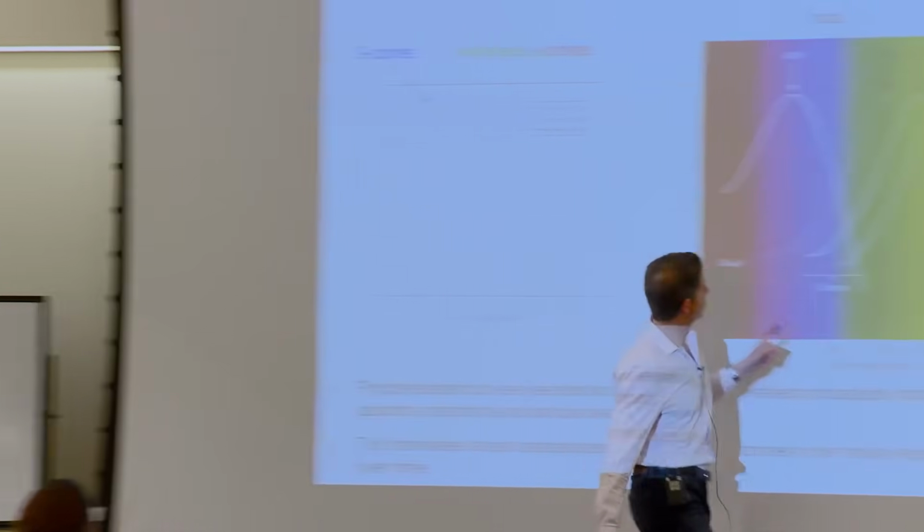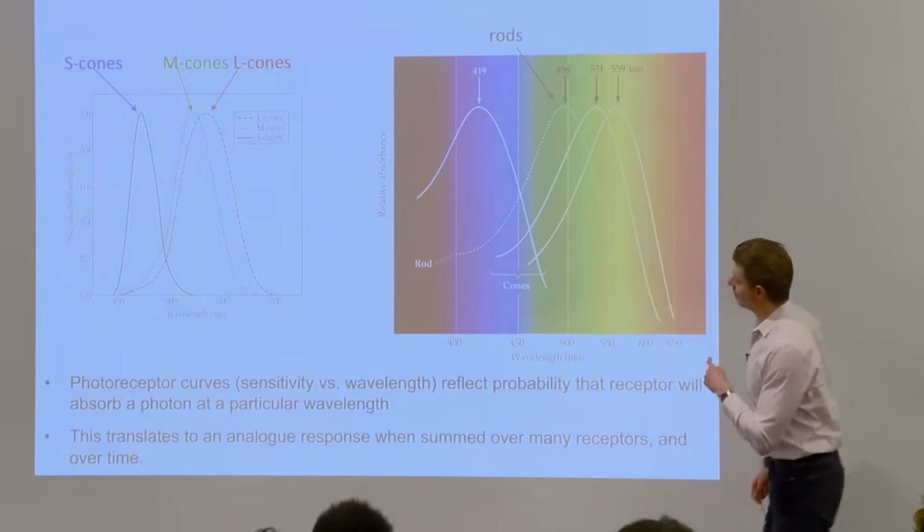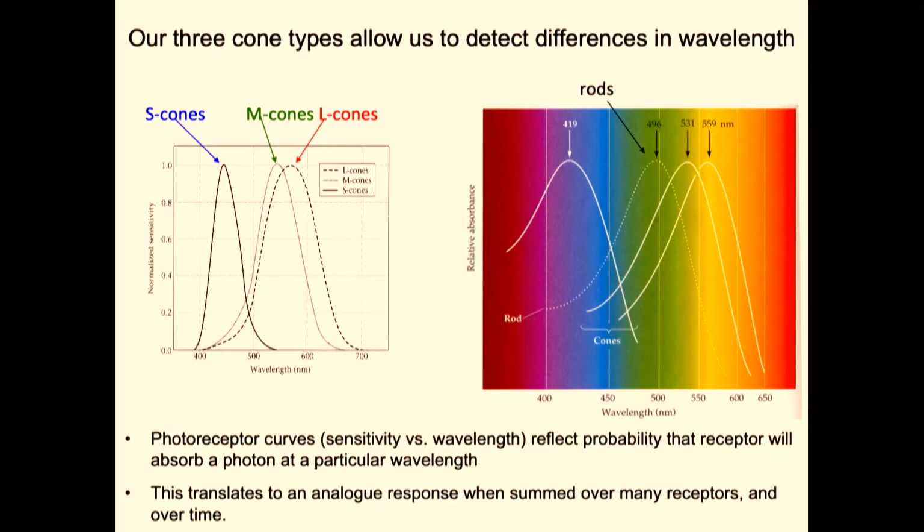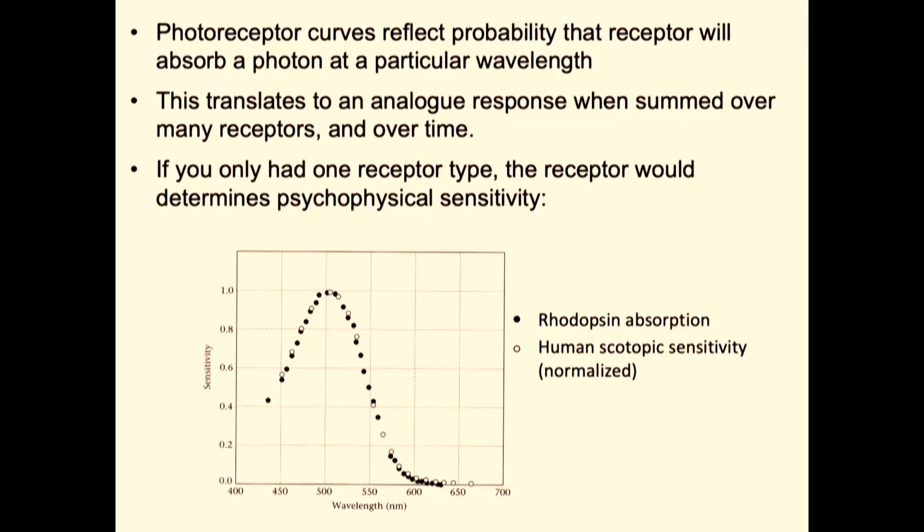Okay. So this graph is again showing the cone spectral sensitivities, but we've also added in the rods just for comparison. That's the dotted line. Okay, so remember, there's only one of those. You've got 3 cones and 1 rod. So one other way to kind of think about these curves is that if you had only one receptor